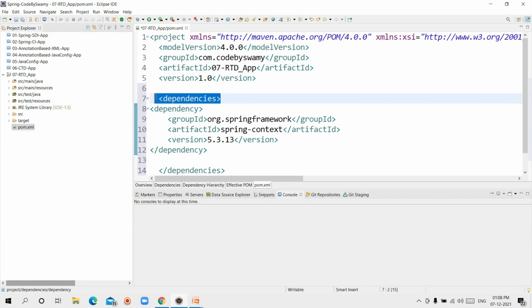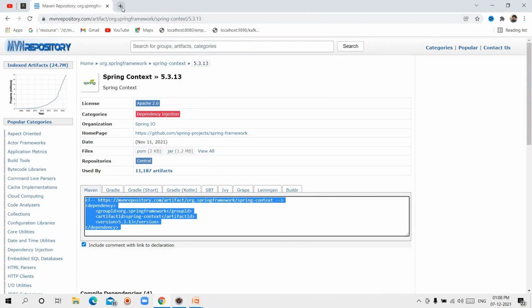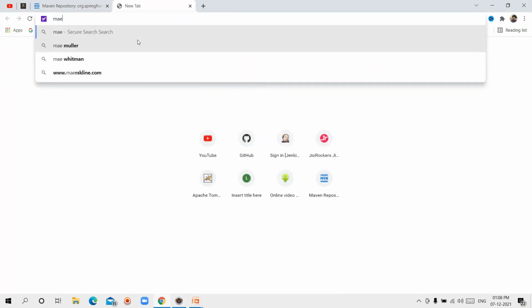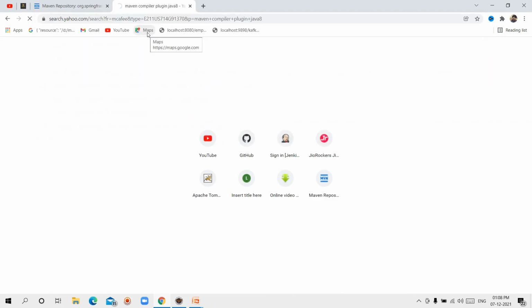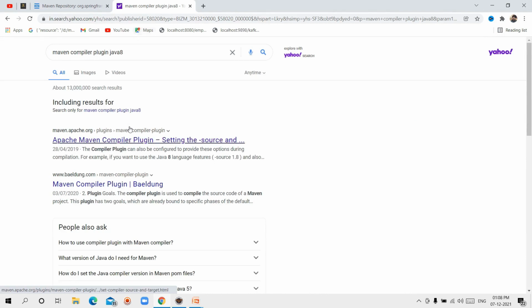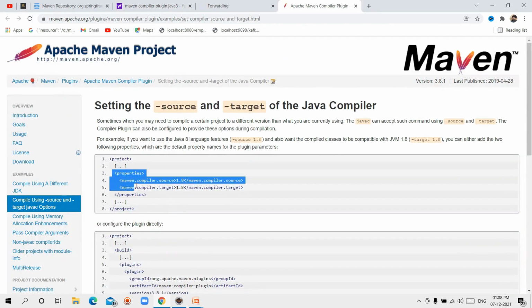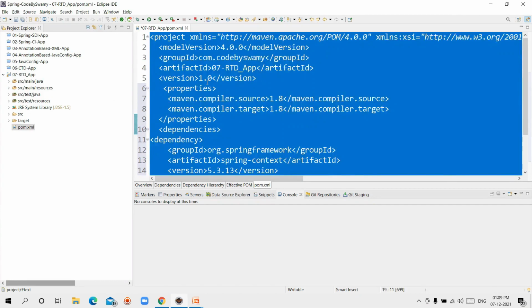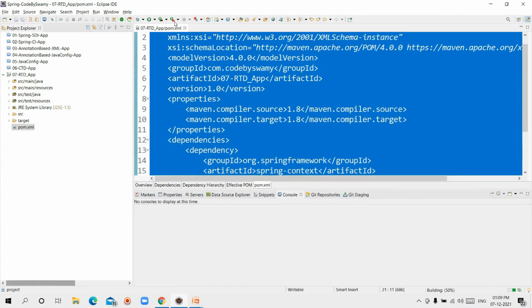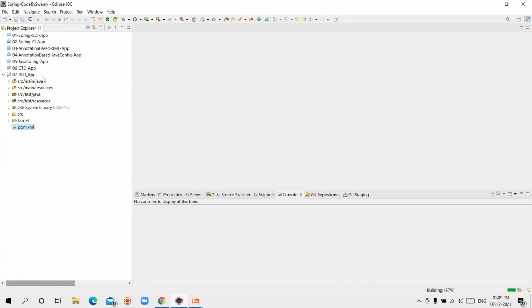Above the dependencies tag, I am using the Maven compiler plugin for Java 8. Click here, copy the properties, go to the pom.xml file and paste it. Ctrl A, Ctrl I, Ctrl S. Close it.